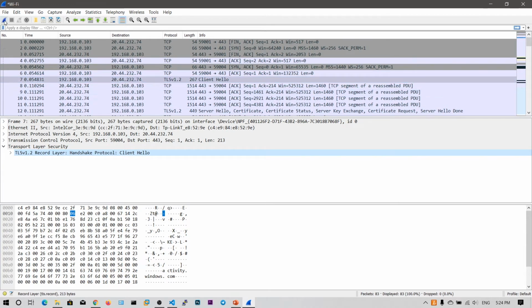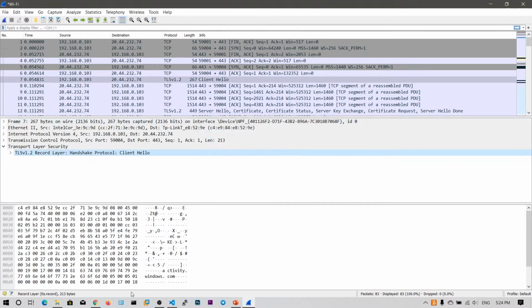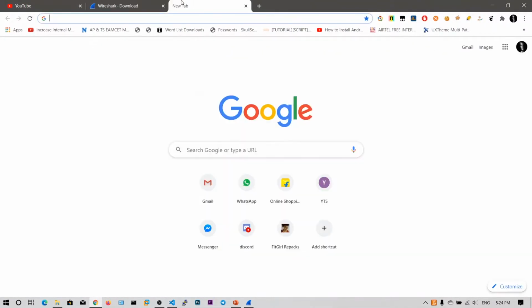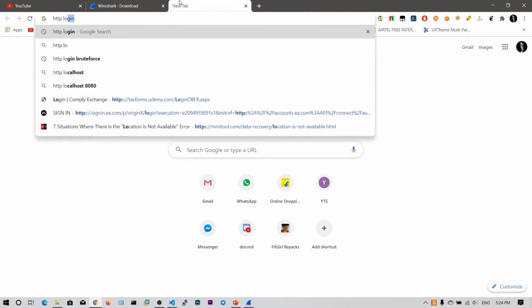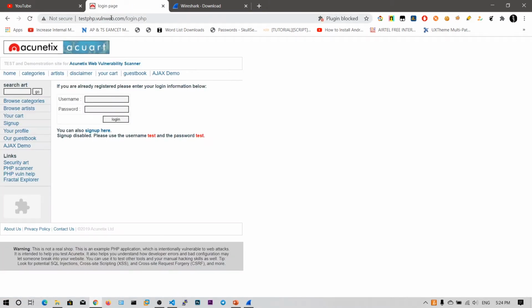Now let me start a new capture. Before that I want to show you something. On Google, type the HTTP login page and click on testphp.vulnweb.com/login.php.